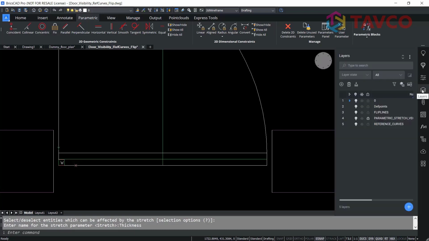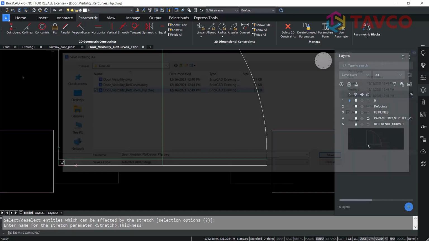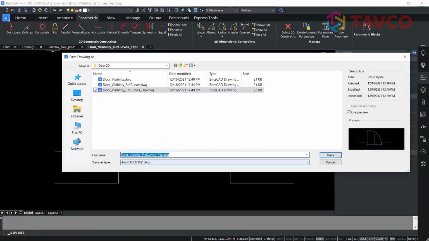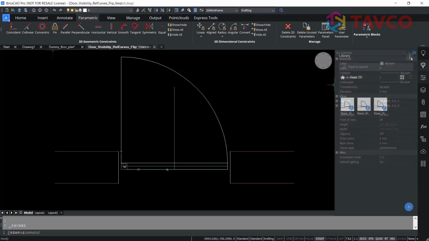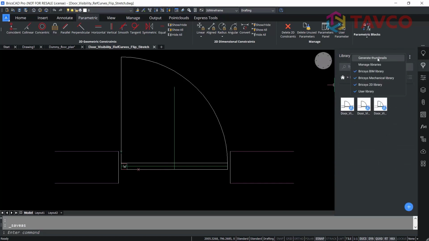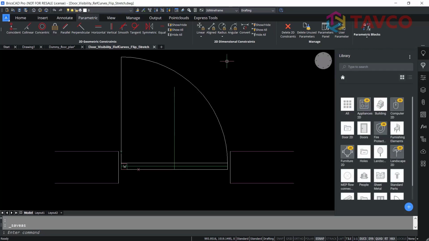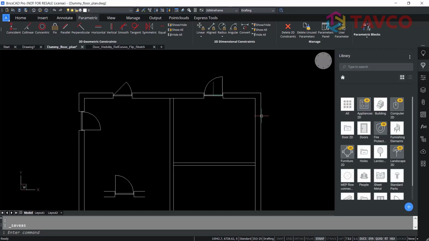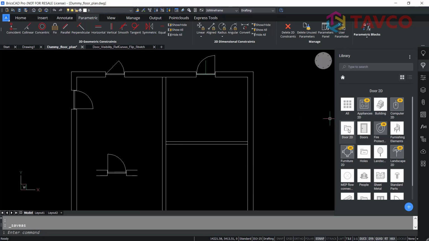Going to our layers panel again, we see that there is now a parametric stretch layer. To recap, it's creating the layer that we need as we use the tool. So let's save this file again. Let's name this one Door Visibility Ref Curve Flip Stretch. Go back to the library panel, go back to the library menu, and generate thumbnails again, twice just to be safe. Now let's go back to the dummy floor plan file, go to the Door 2D folder, and we have